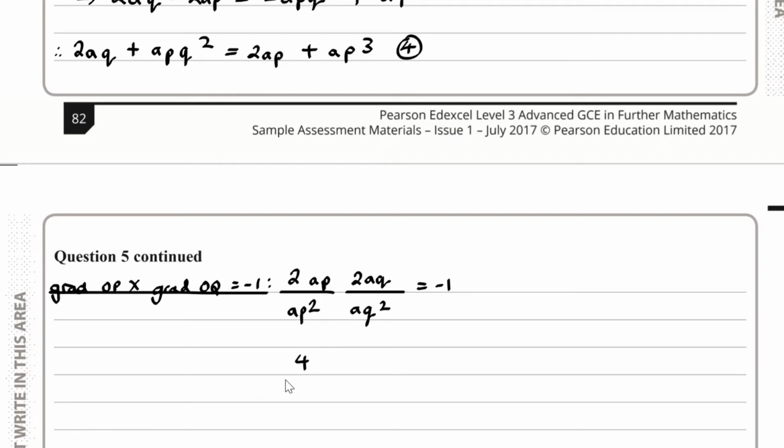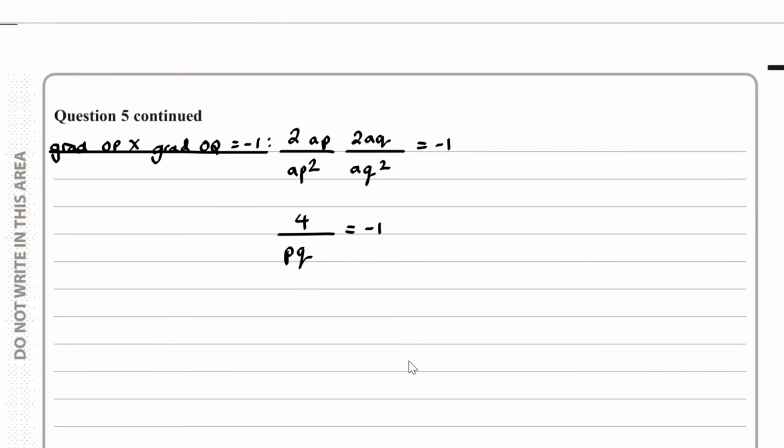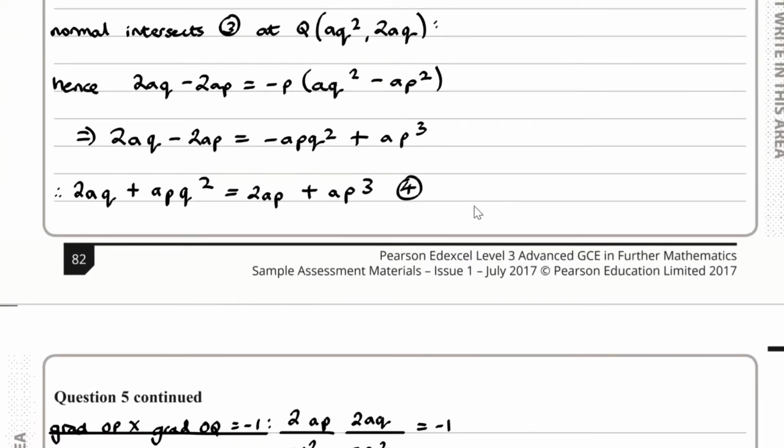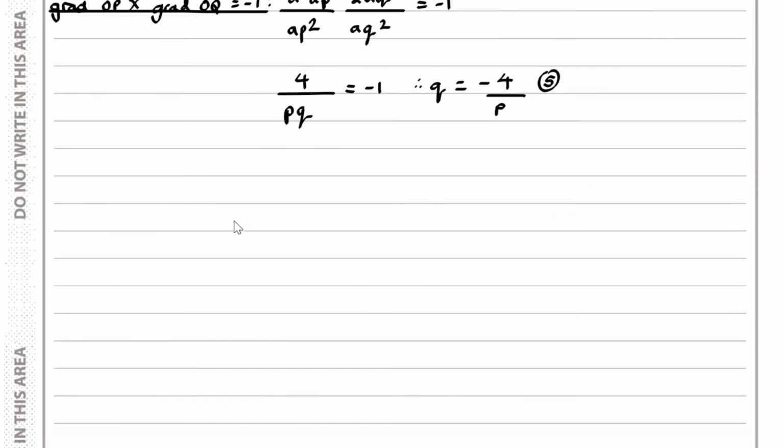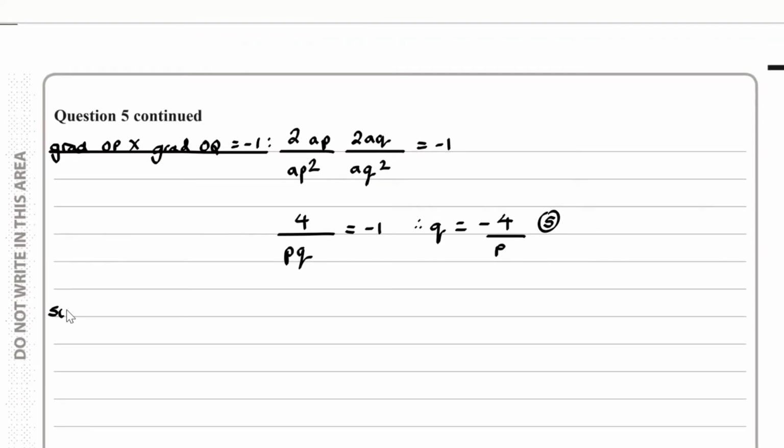So we have 4 over PQ is equal to minus 1, and therefore Q is equal to minus 4 over P. If we call this equation 5, we can now substitute equation 5 into equation 4 to find the value of P. Okay, so let's just write that down. If we now substitute equation 5 into equation 4,